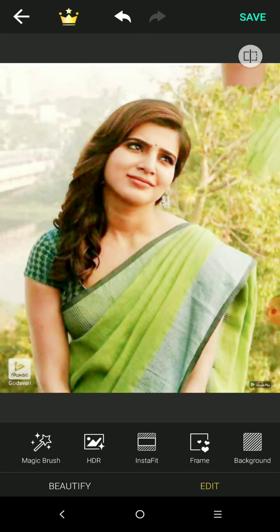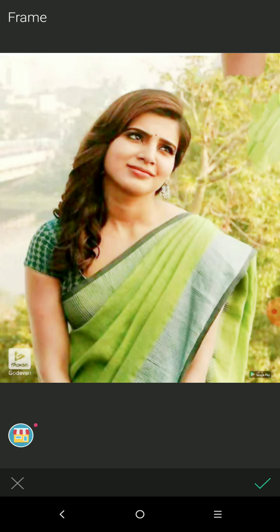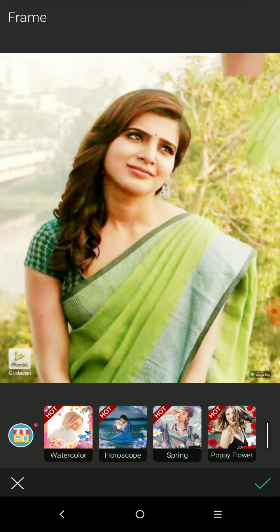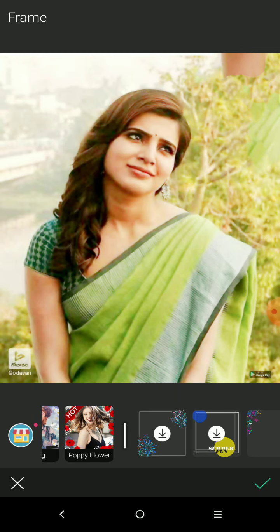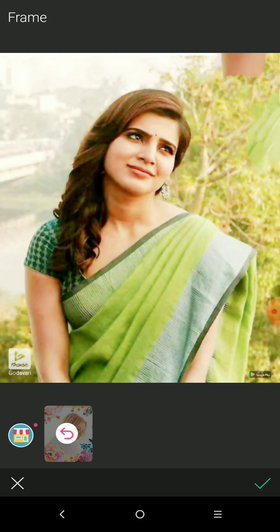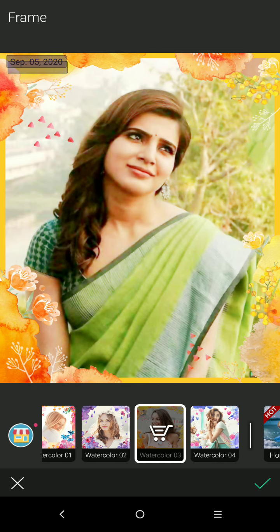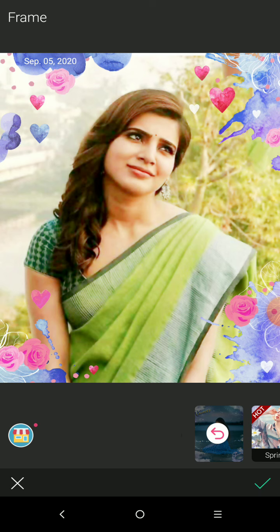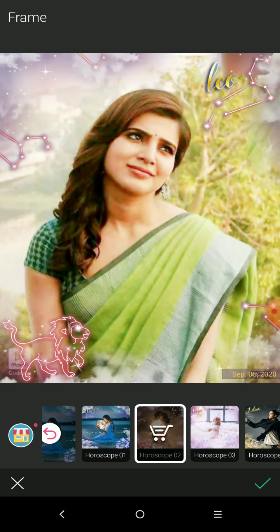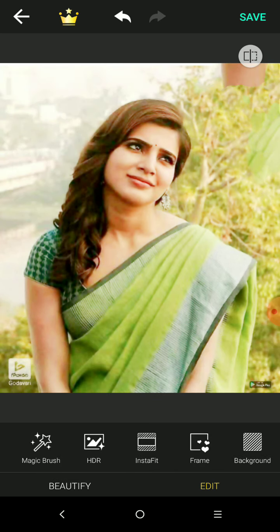Okay, this one is frame. If you want to take any frame, if you want to put a photo in a frame, just do it. Like this, we set the frame for the photo. Okay, next is background.